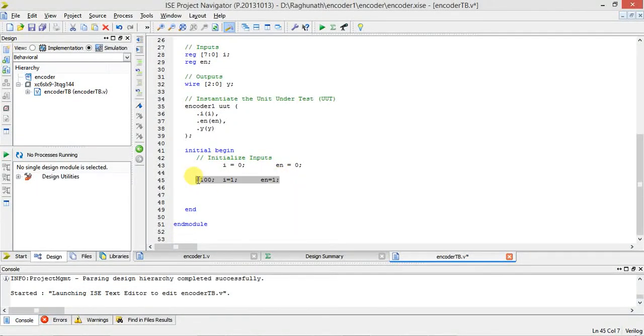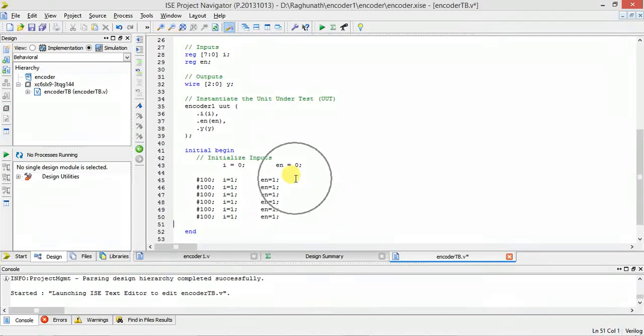Copy these comma values and paste 8 times. So enable is 1, I is equal to 1, next 2, I is equal to 2, next I is equal to 4, 4 means 100, 8 means 1000 in binary. So I am giving decimal.